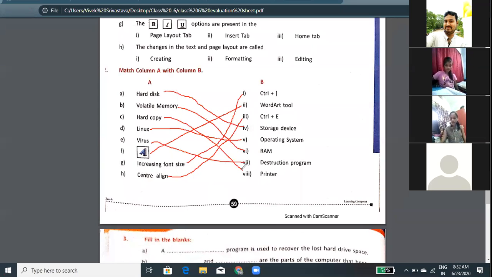Now once again, number A answer is the 4, number B answer is the 6, number C answer is the 8, number D answer is the 4, number E answer is the 2, number F answer is the 2, number G answer is the 1, number H answer is the 3.